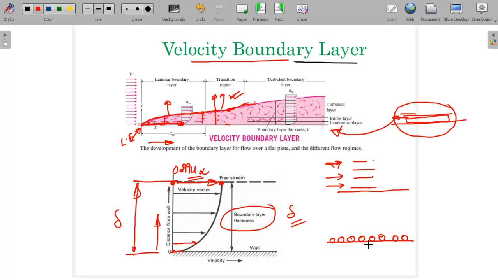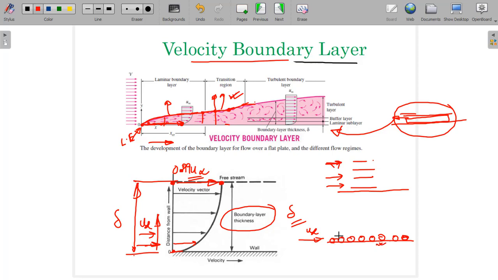That means if the wall is fixed, then the fluid particles in contact with the wall will also be fixed. So suddenly what happens: initially the fluid is moving with some velocity u infinity, and when the layer comes in contact with the solid surface, it suddenly experiences a momentum disturbance. Initially some momentum was there, which is u infinity, and when it comes in contact with the solid surface, the velocity will become 0. So the momentum becomes 0 for that layer, and definitely this layer will be at the same velocity as the wall.